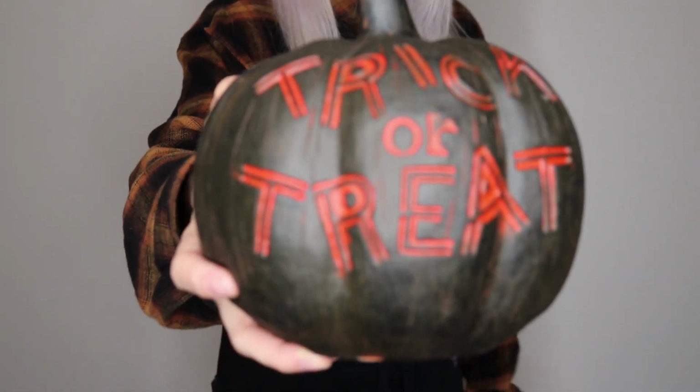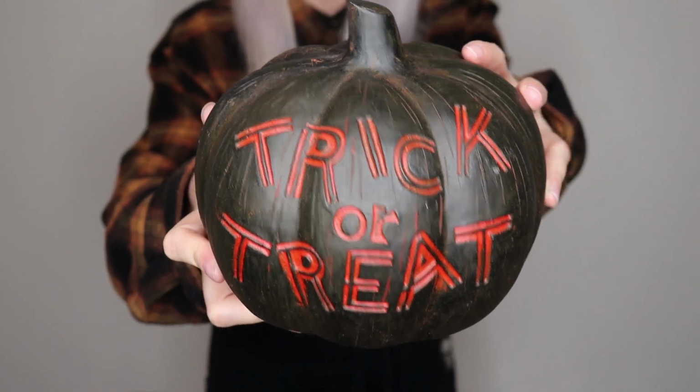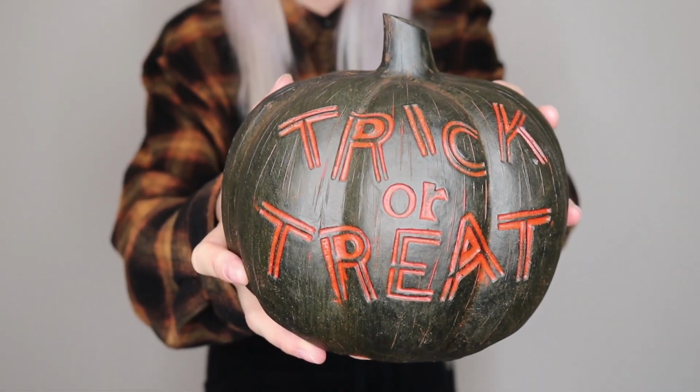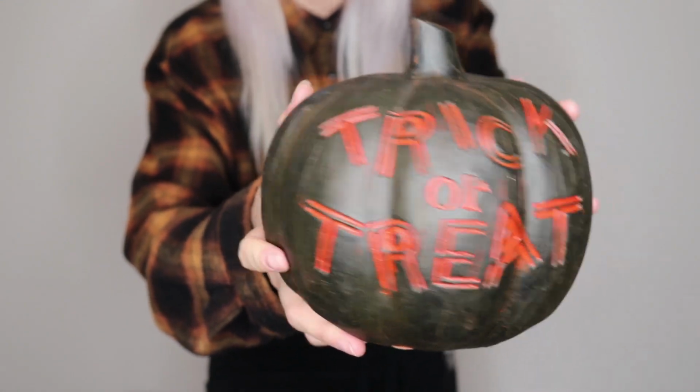it's this. So this is a black and red pumpkin. It looks a little dusty. I washed it and I guess it's just supposed to look like that, but I'm okay with that. And it says trick or treat. It was $6.99 and it matches perfectly with what I got at the next store, which is Ben Franklin, which